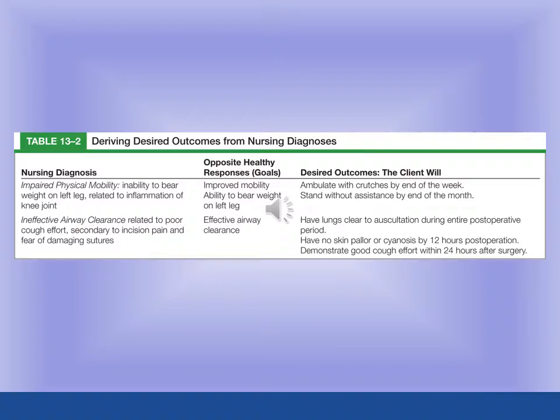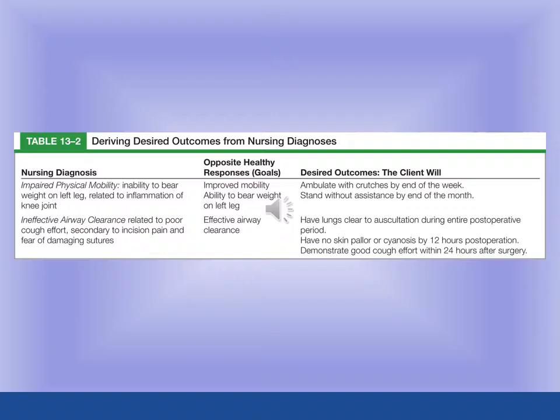The patient will ambulate with crutches by the end of the week, stand without assistance by the end of the month. Ineffective airway clearance related to poor cough effort, secondary to incision pain and fear of damaging sutures. That's our diagnosis. Our goal, which is the opposite healthy response of that ineffective airway clearance, is our patient's going to have effective airway clearance. And our desired outcome, which is very specific, is they're going to have clear lungs to auscultation during the entire postoperative period, or have no skin pallor or cyanosis by 12 hours post-operation,